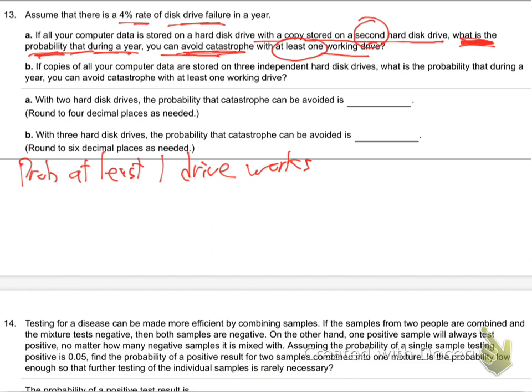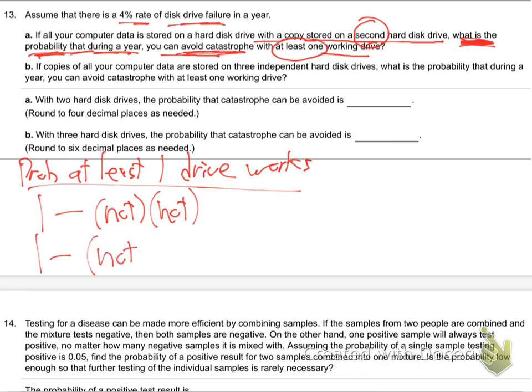So how do we do at least one? So one. What do we do? 1 minus not. Not and not. And what's the not? Not whatever they're saying in the question. You getting the hang of this at least one? What are they saying in the question? Works. Not work. Not work. Right? Because that's the opposite of one of them working, is both of them not working.